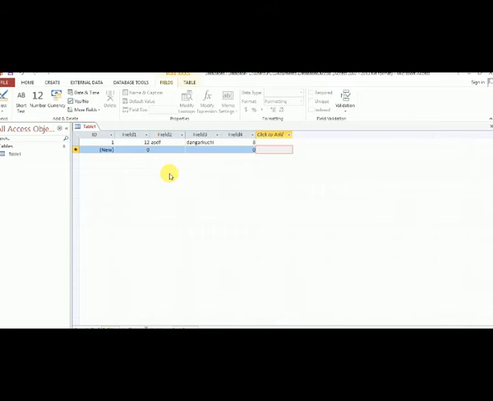Import and export. Okay, suppose I want to use my table from this application, my application name is MS Access, in another application, that means Excel.